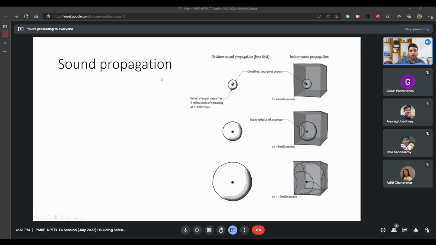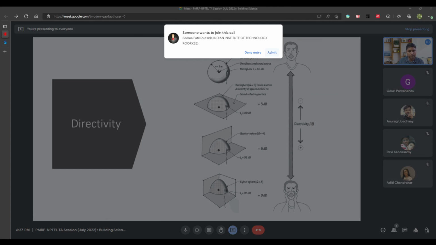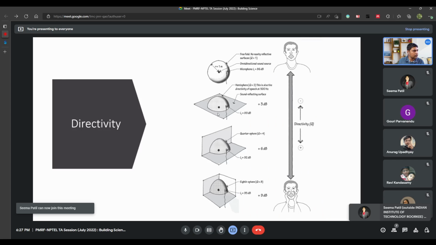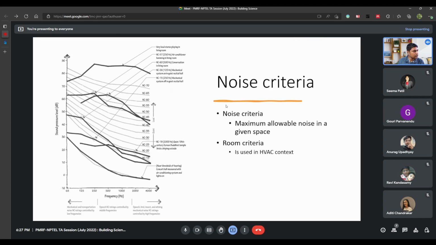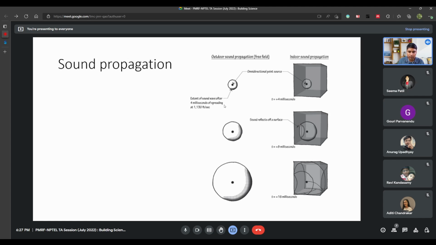Next, we saw the directivity of the sound, where the point source is propagated from the point where it originates. That point of view is directivity. Another thing is sound propagation. Imagine a point source at a particular point has been emitted,